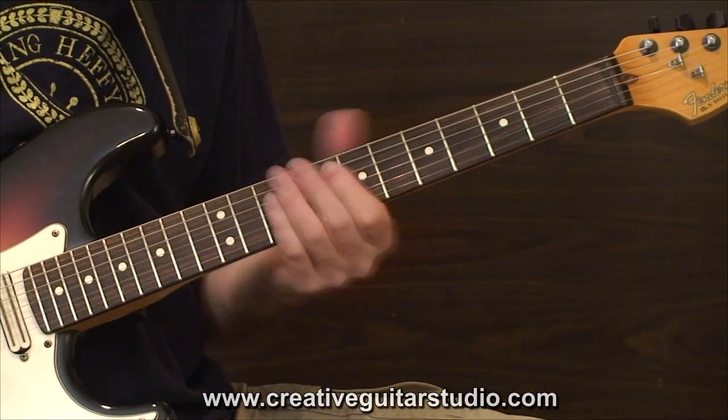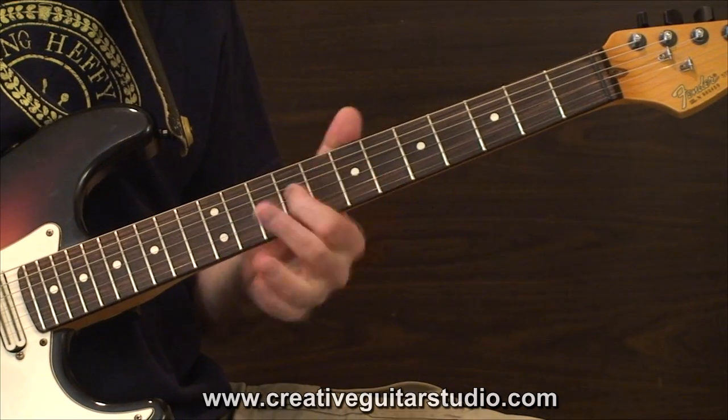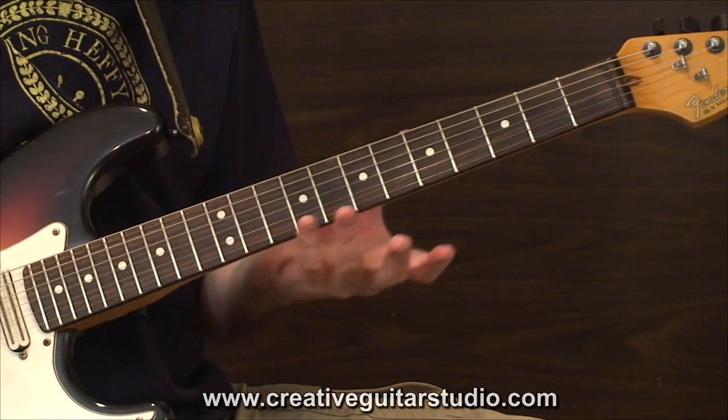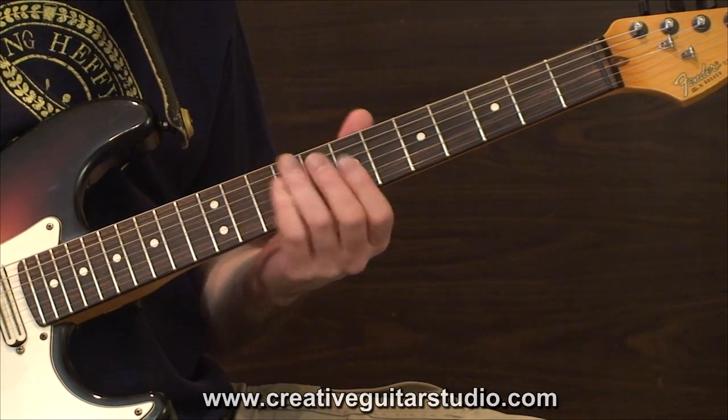You can just move it to different registers. It's kind of a fun thing to mess around with. Test a few different areas of the neck, find your favorite spots. Don't forget to do things too, like, harmonics. You can do,